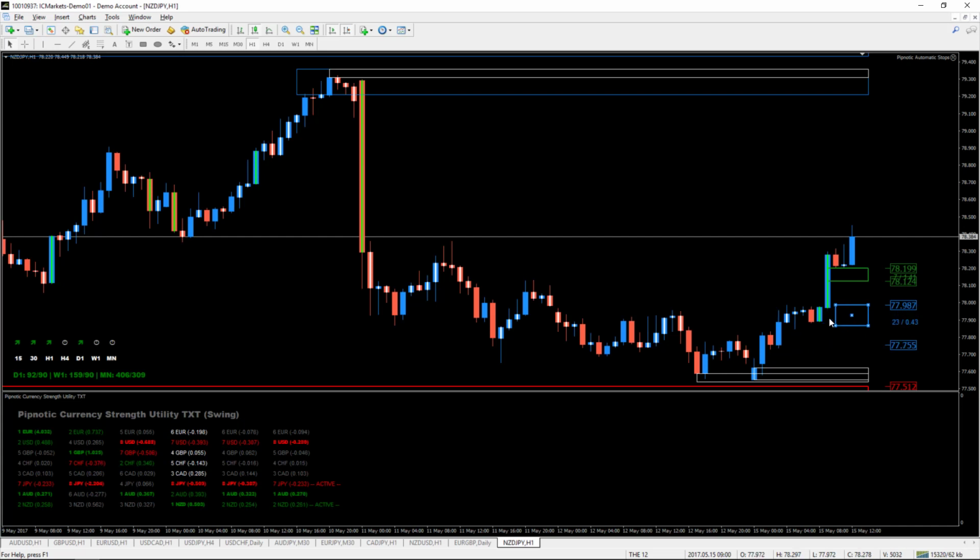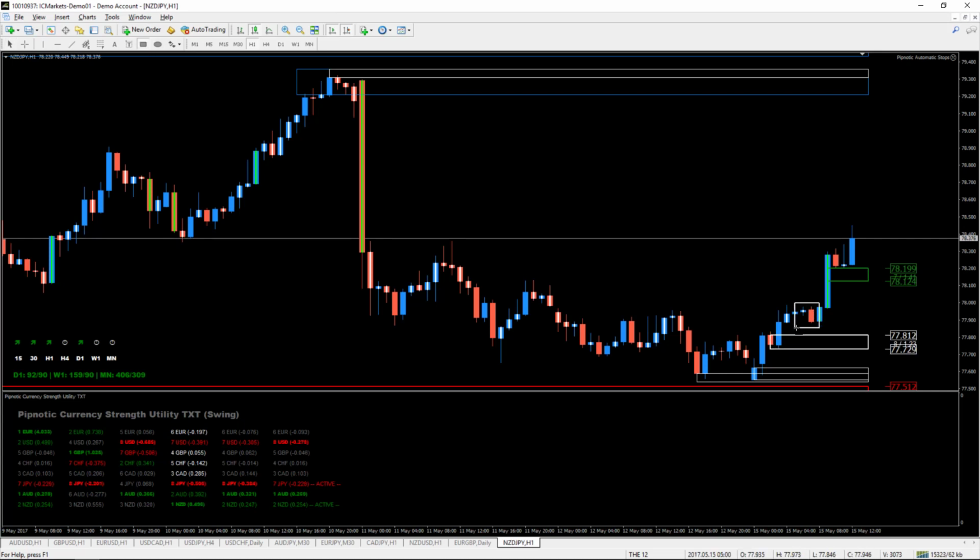But we're gonna remove that and we'll draw these hourly areas in. So we have this one here. We have this one here. About like that. So we have a couple of areas that we could watch. I don't like this too much simply because price didn't really manage to move away, but it did move away from here. So we'll remove this one and we'll revert to the